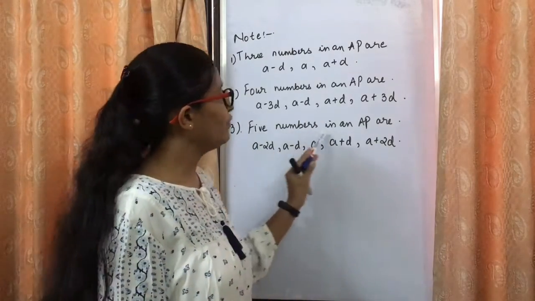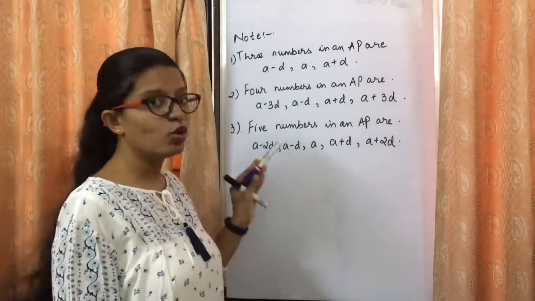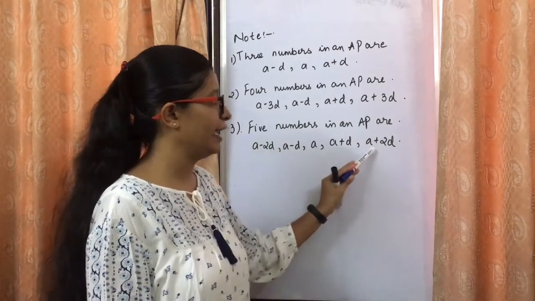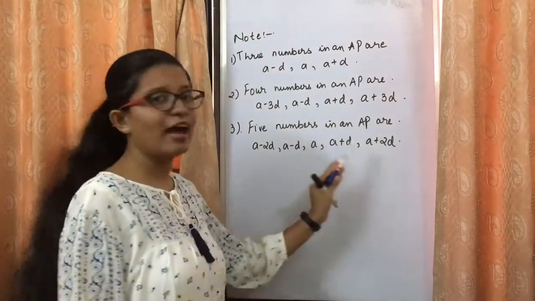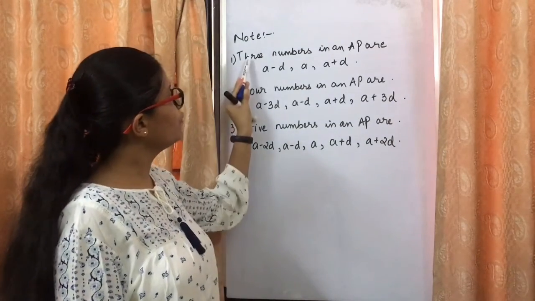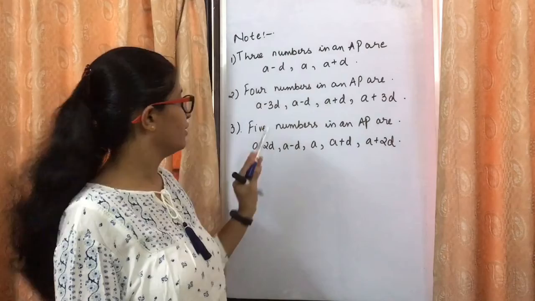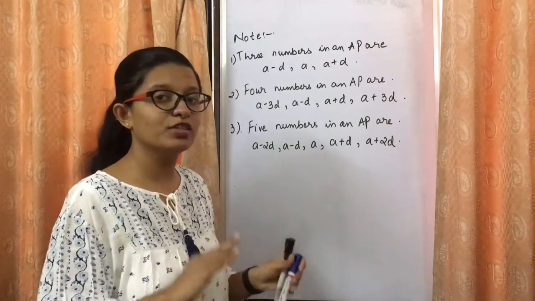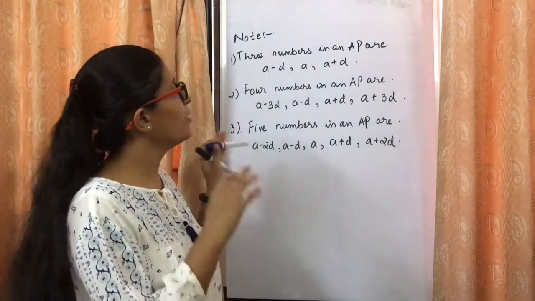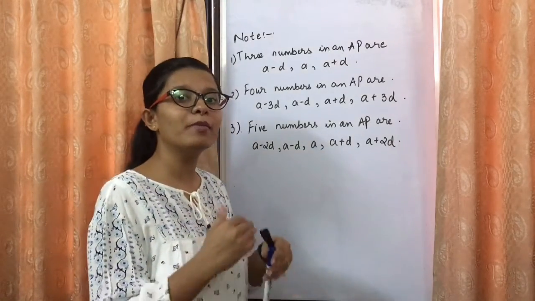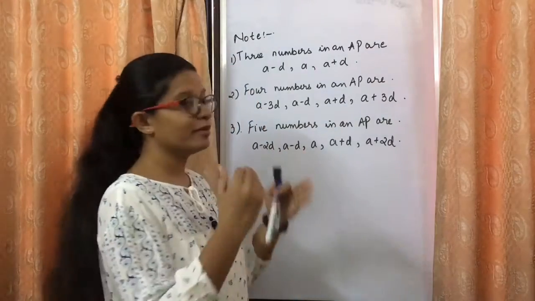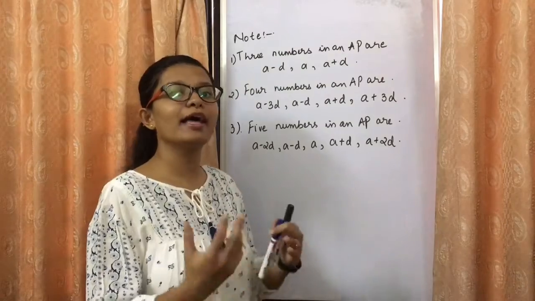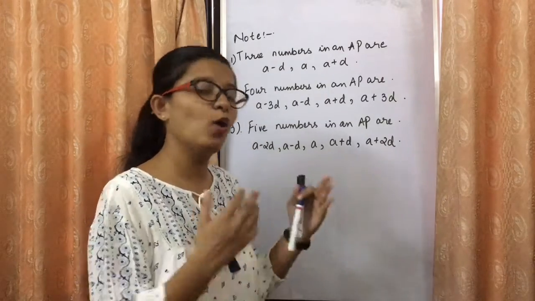Now, if we have 5 numbers in an AP, you can take those 5 numbers as A minus 2D, A minus D, A, A plus D, A plus 2D. So again we have symmetry over here. You can see if the number of terms is odd, A comes in between, whereas for an even number, we don't have A. It is symmetric on both sides. So these are the numbers which we can suppose if the numbers are given in AP. आपको ये समझ में आएगा when I will be taking the further question, how we can assume these numbers to be in AP and how we can solve the sum.